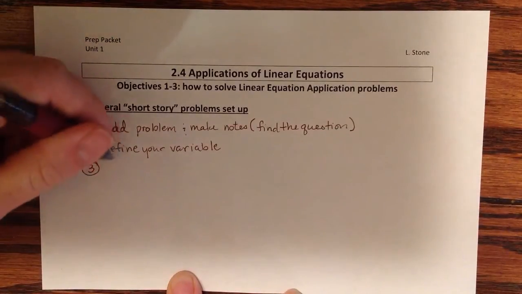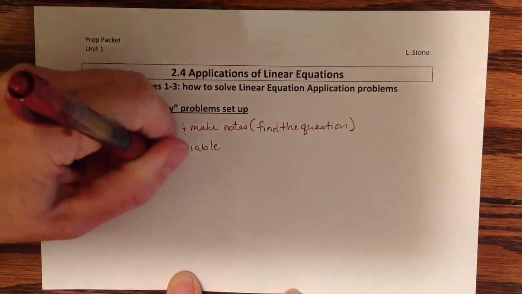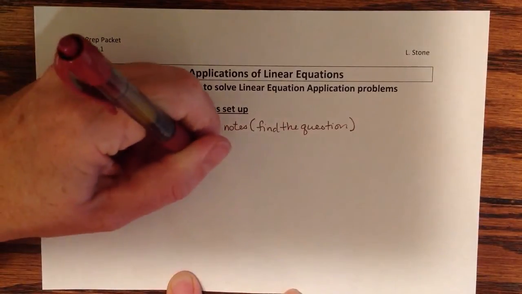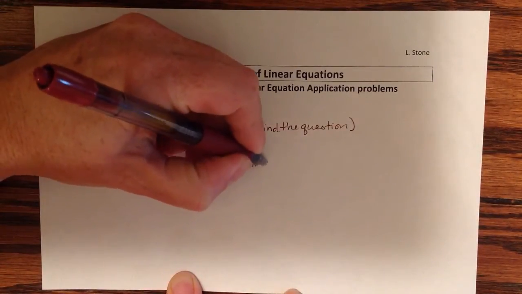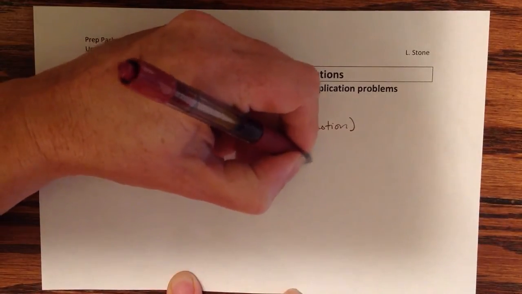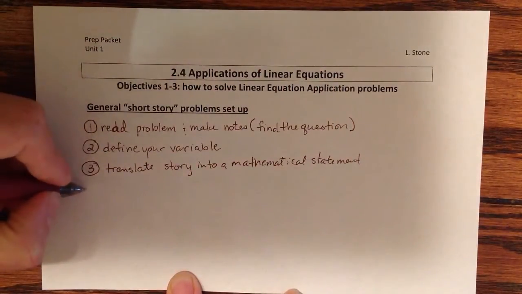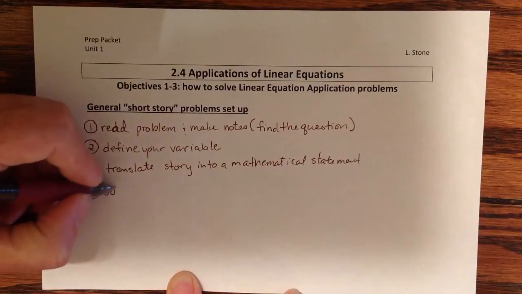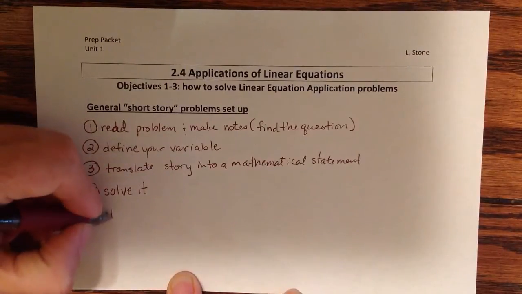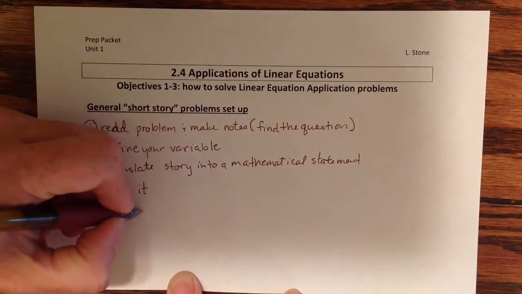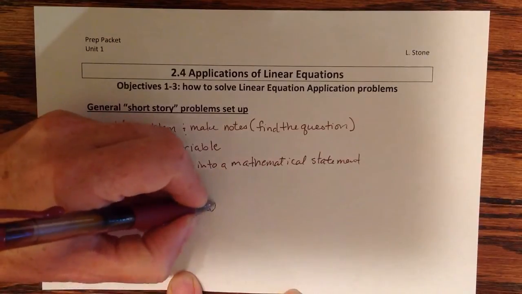The third step is still to translate the story into a mathematical statement. And then you're going to solve it. And then the check, again, won't be done with the equation that you wrote, because what if that's where your error is? You need to go back and check it with the original